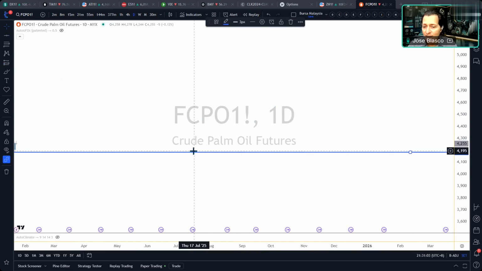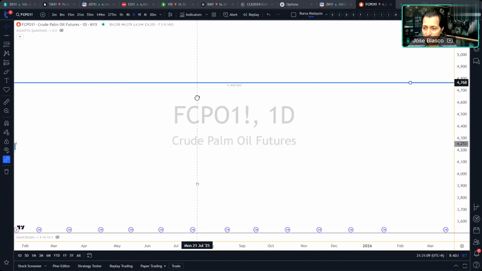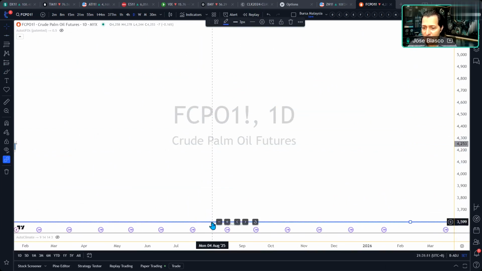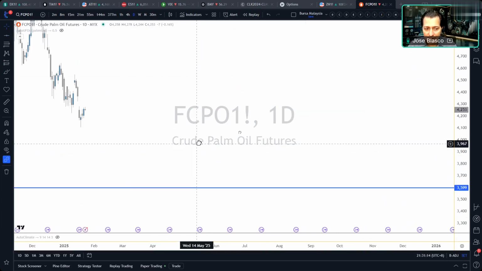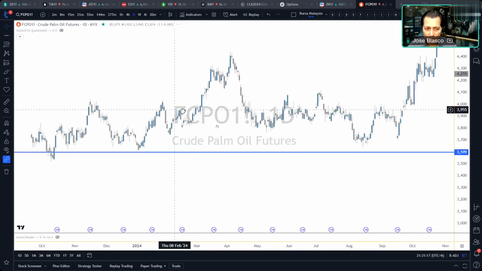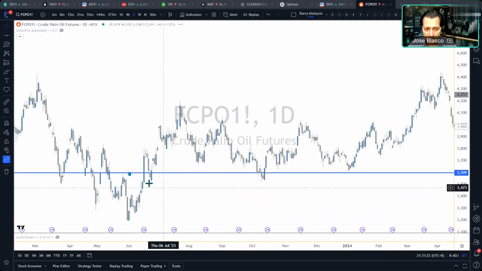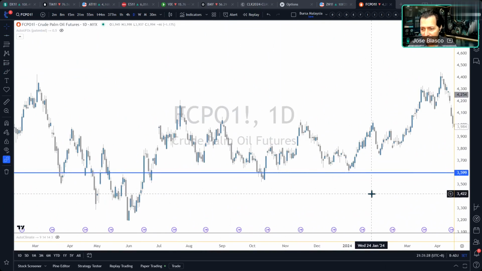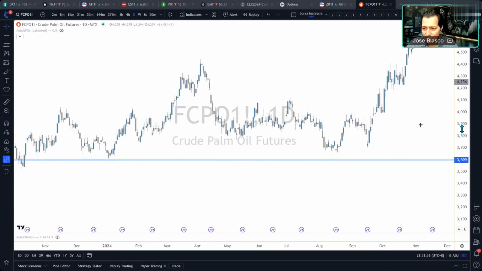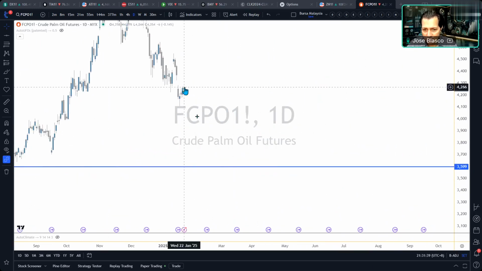To be as random as possible, because remember, I want to be random since we said indirect forces are subject to interpretation, I'm going to move this up and down and just stop it there, which is a random place. Now I'm going to see where I'm at. Oh, look at that. This is lining up with this support and this turning point right here. So I guess you would agree with me that someone, at 45.99, 46.0, at some time in the past or in the present, is ready to take a trade at this price level if FCPO was to come here, because they think this is a technical support.